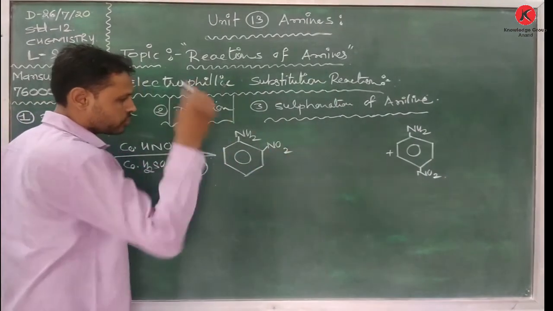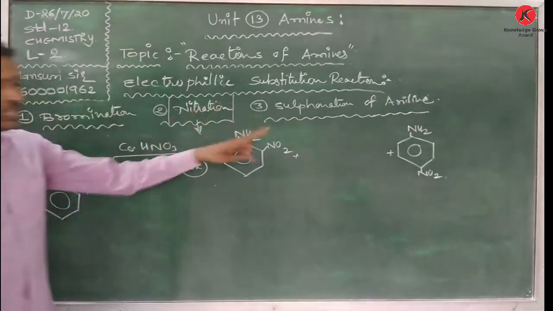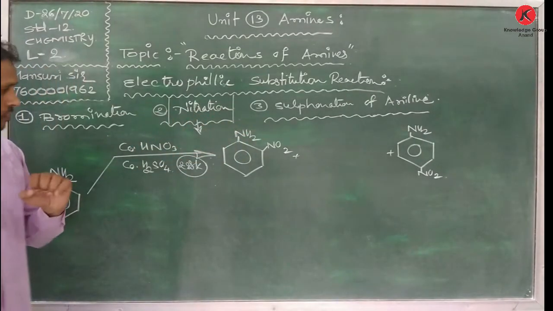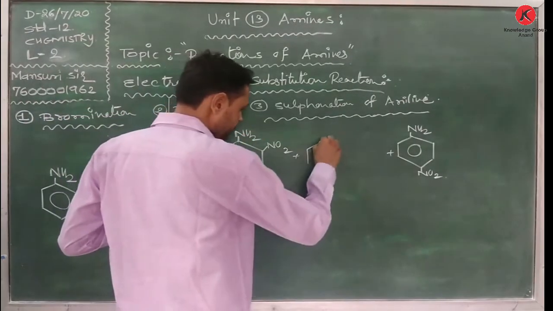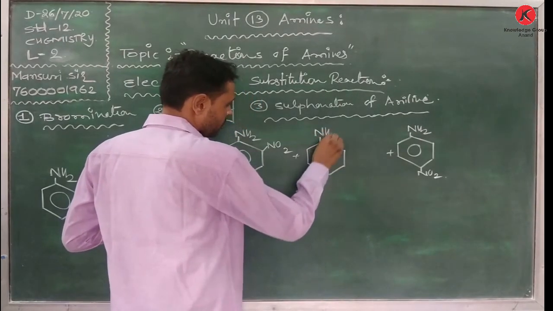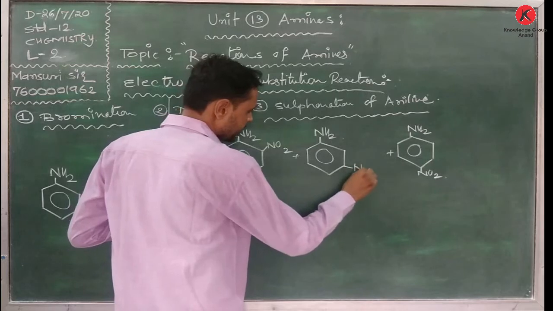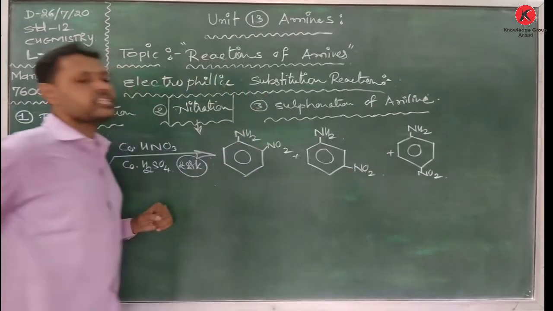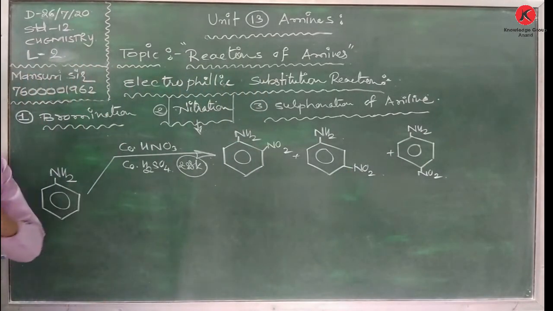O-nitroaniline and P-nitroaniline are obtained, but besides these two products, you also obtain a meta-directing product, that means meta-nitroaniline. So we can say that when aniline